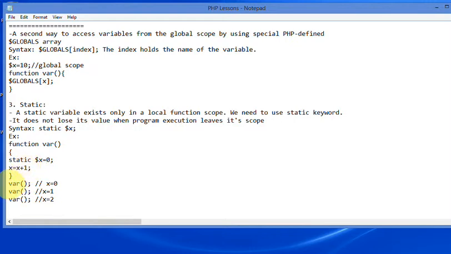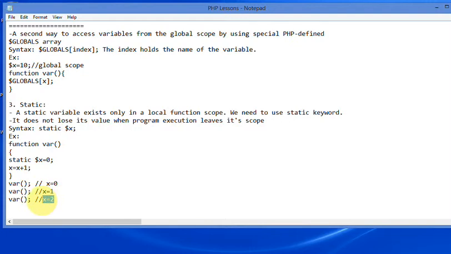If I call the var function the first time, it prints, suppose it holds x equal to 0. Next time if I call this function, then it assigns x equal to 1. Third time if I call the var function, it holds x equal to 2, because the previous value still exists. That's why x again becomes x plus 1.